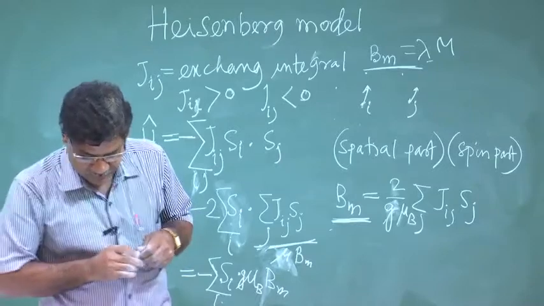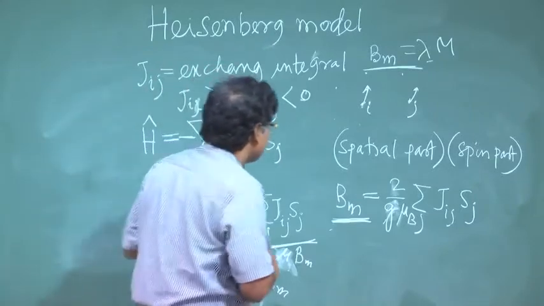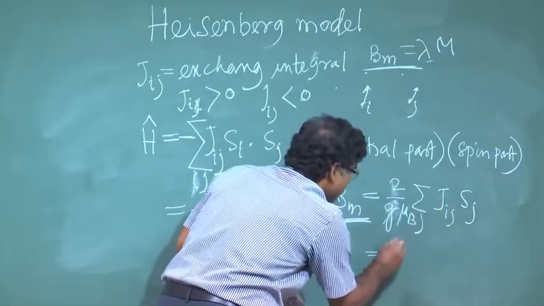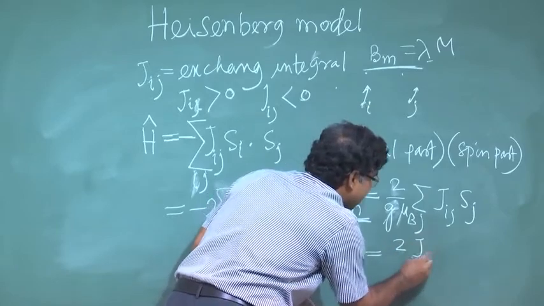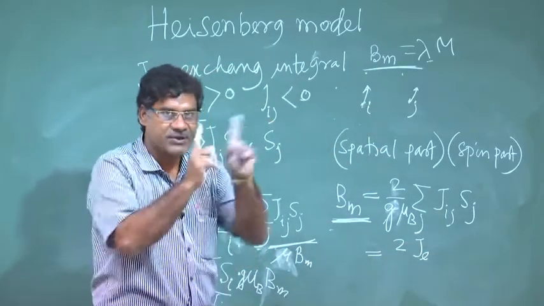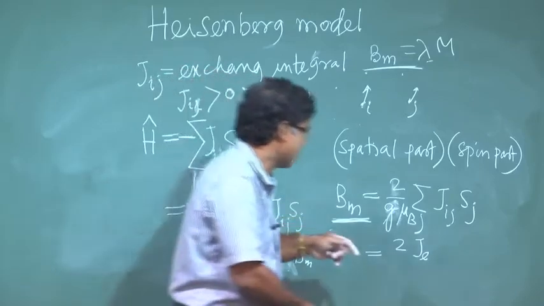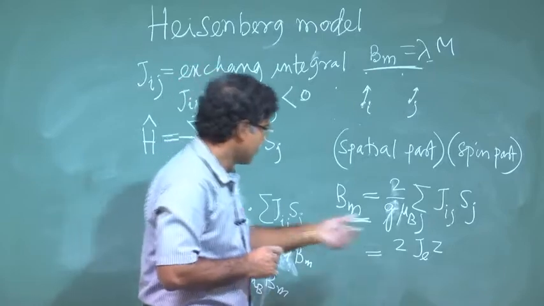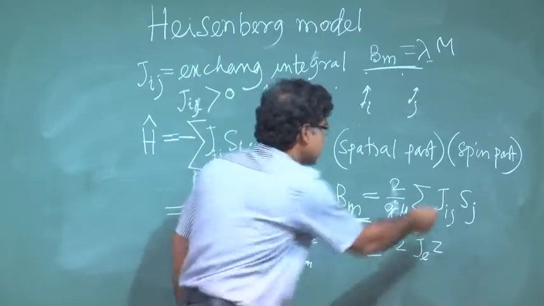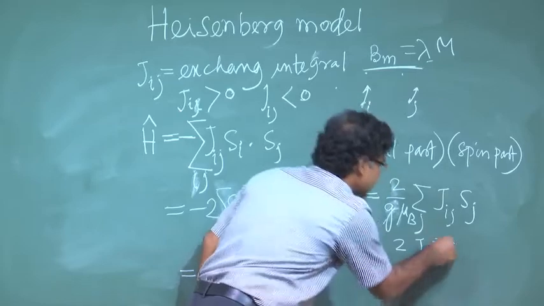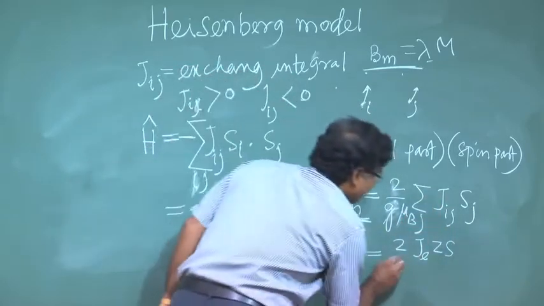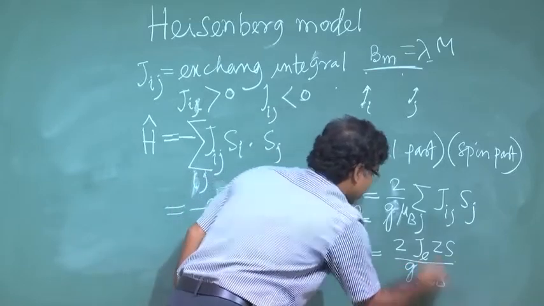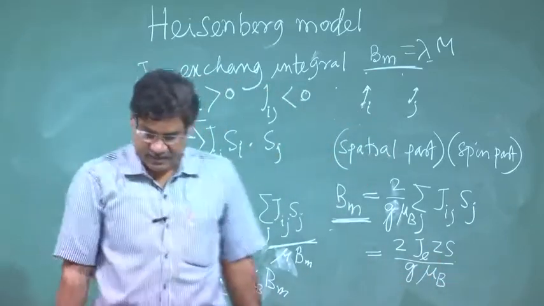So, I can write this one. Taking nearest neighbor, that is why J is the same for all. So, I can write 2 J E for each pair. Now, if I have Z number of nearest neighbors, I have to multiply with Z. For each one it is this, for each this Z, that S, divided by g mu B, divided by g mu B. So, that will be the